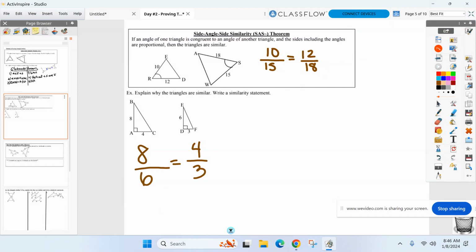And what are you finding out? Are those the same ratios? Yes, they are. So that's a good one. So triangle BAC, similar, get that congruent symbol out of there, to triangle EDF